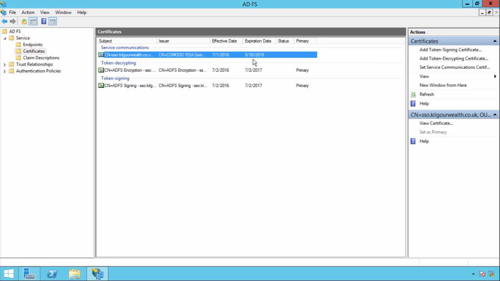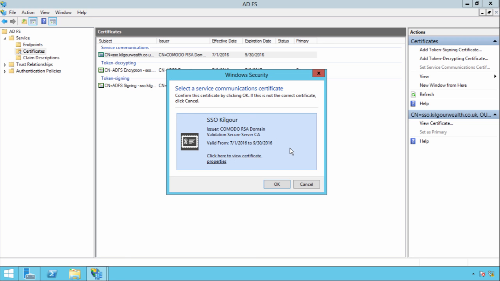All you do is import your new certificate, much like we did at the start of this video, and then you come in here and then you come across to set service communication certificates. And if you imported a new certificate, it would appear on this list. You select it, you click OK, and you restart the ADFS service, and that's all good. That certificate has to be copied onto all the components again. So if you replace the certificate on this box, you only have to do the configuration on the primary ADFS